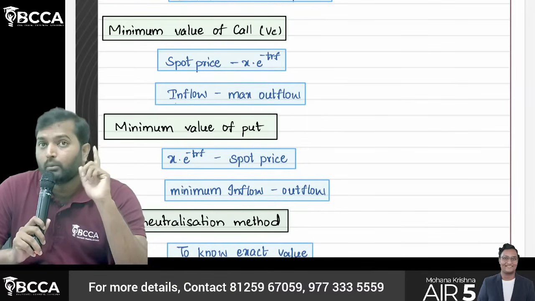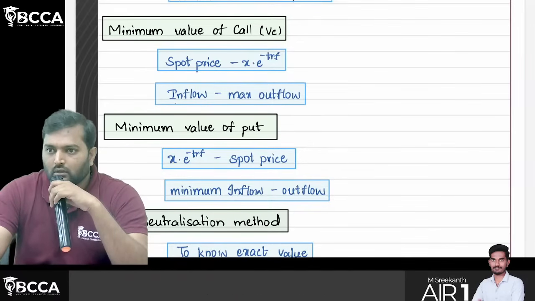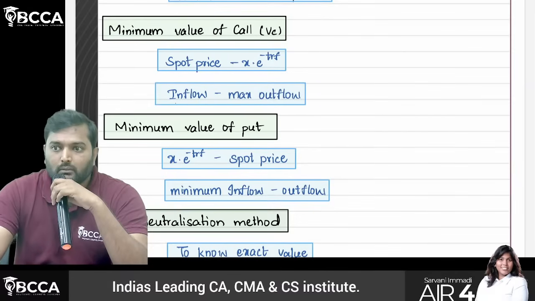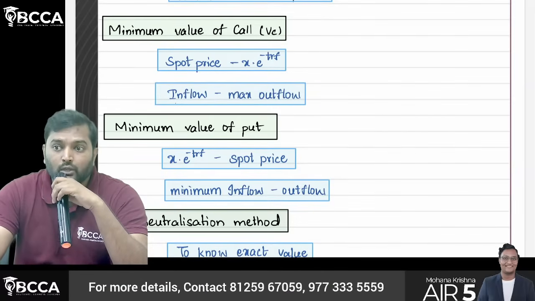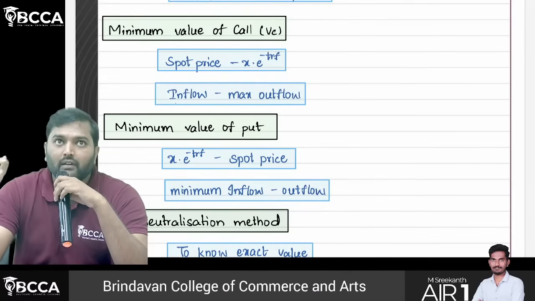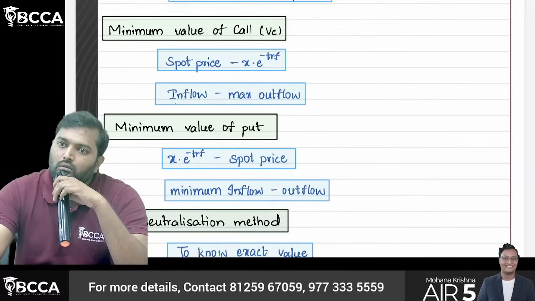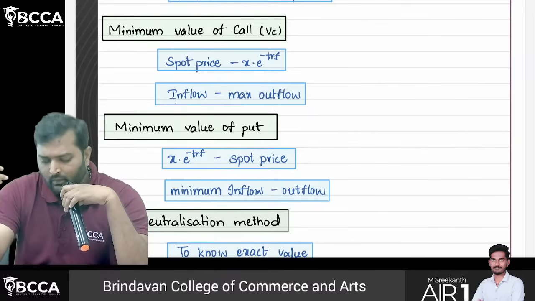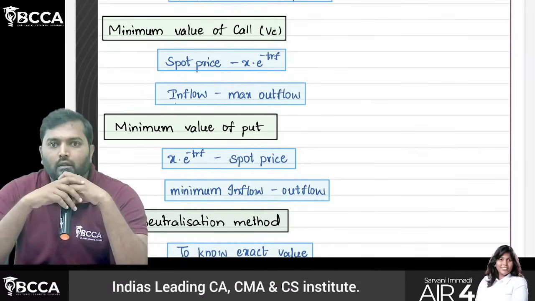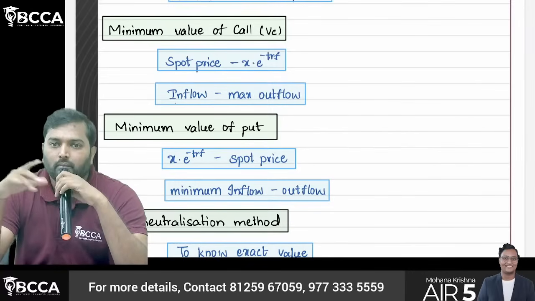Put option means right to sell. In future we are going to sell the share. Put option means right to sell at X. Minimum I will get X. If the market price on the maturity is greater than X, I will sell in the market. So here I am taking the minimum inflow. So that is X into e power minus TRF minus